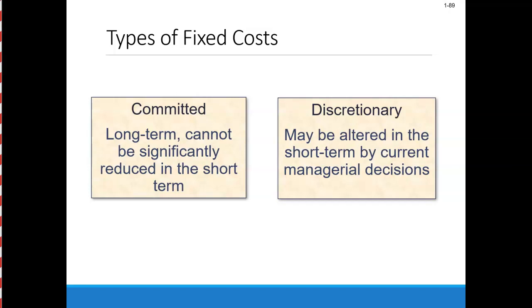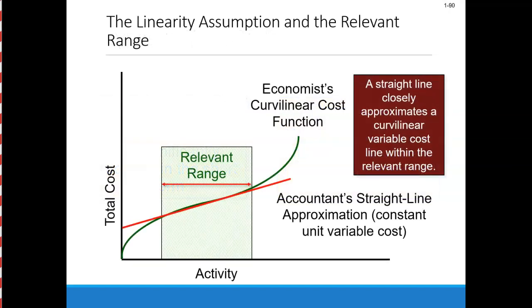So we've got fixed costs that can be committed costs or fixed costs that can be discretionary costs. Committed costs are long term. They can't really be reduced in the short term. Discretionary costs could be altered in the short term by management making those decisions. Okay? Here you see